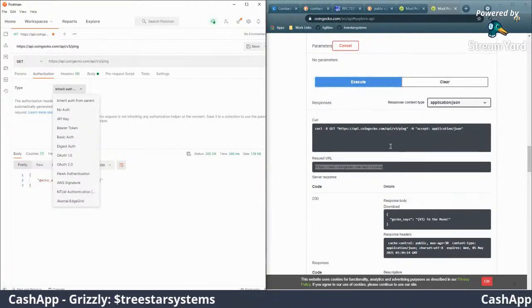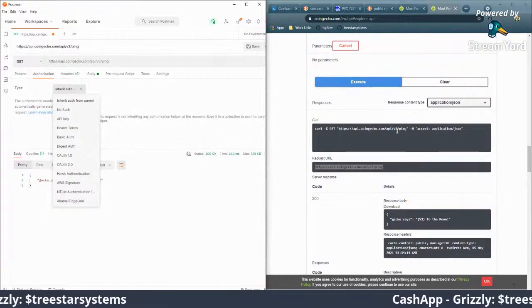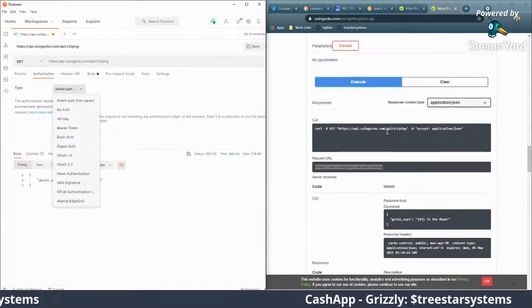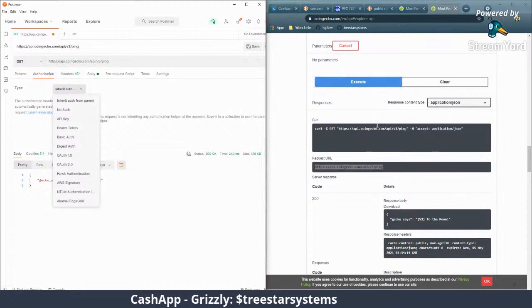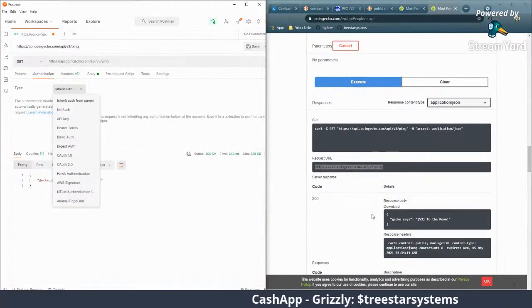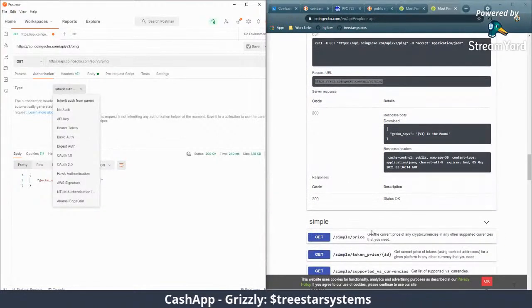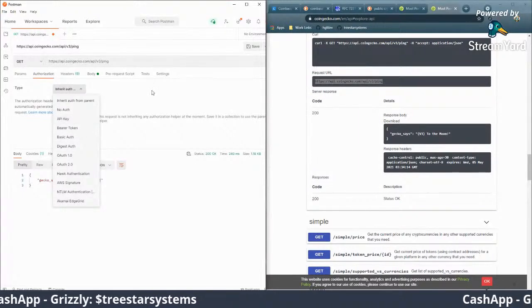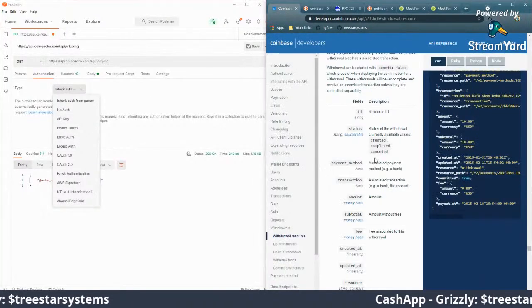But then you have different authentication methods that are within the browser and that are handled by backend authentication APIs or credential APIs or credential brokers that are provided by the project or platform that you're trying to access. And what they'll do is they'll tell you the best way to actually give you that information, or the way that they expect that information to be given. In this case with Coinbase,